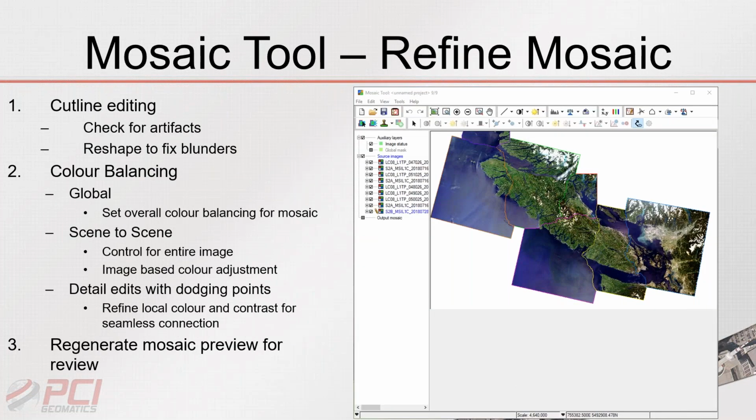Once we've finished selecting, then we can perform the actual edits. We can do cut line editing, so checking for artifacts, reshaping the cut lines or seam lines to fix blunders, then perform our color balancing. And as mentioned before, we can do the more global color balancing, so set the overall color for the mosaic, and then go scene to scene, so control for the entire image, adjusting the color, and then do the finer detail edits with the dodging points and refine the local color and contrast to make sure we have a seamless